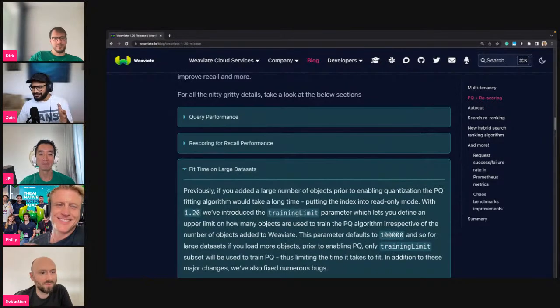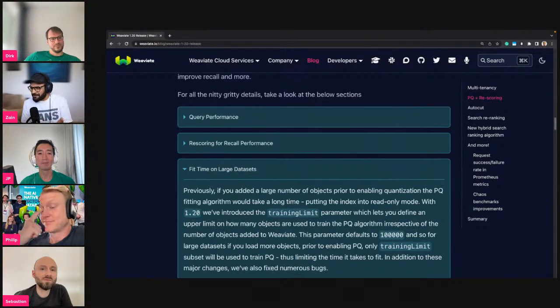Let's say you're passing in images and vectorizing them, and you have a grocery store where the first 100,000 objects are all images of products from the vegetable aisle, the fresh produce aisle, and the next 100,000 are images from the cereal aisle or the milk aisle. Now your first 100,000 objects are all fresh produce, so the learned PQ representations are going to be biased towards vegetables. If you take the first 100,000, your PQ algorithm is going to be all off,